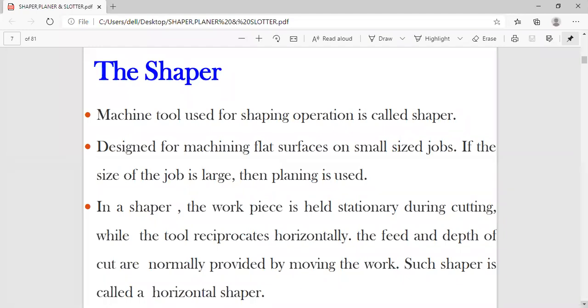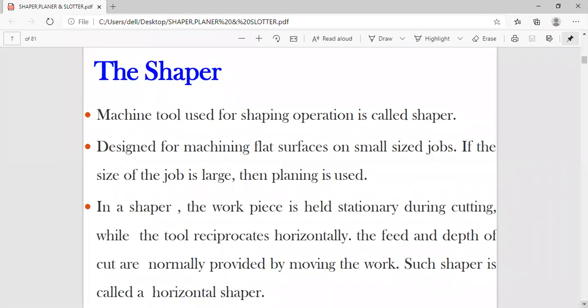Without introducing the mechanisms in the shaping machine, it's not magic that it will work. You have to study those mechanisms also as a part of this unit of the chapter. So these are the specifications of a shaper.